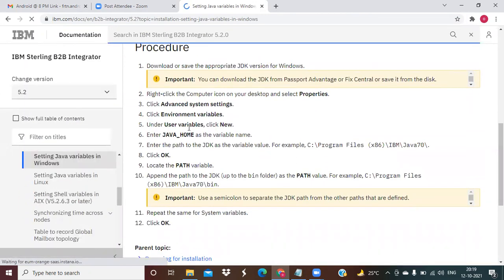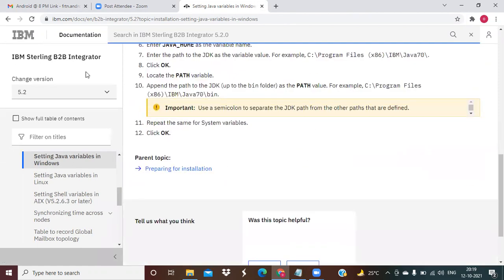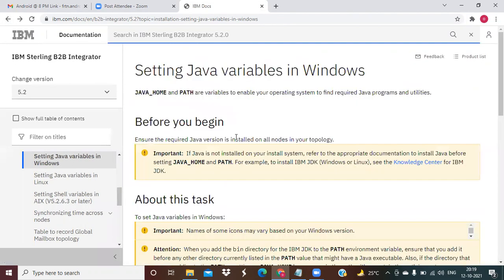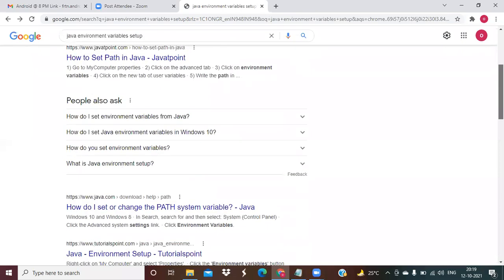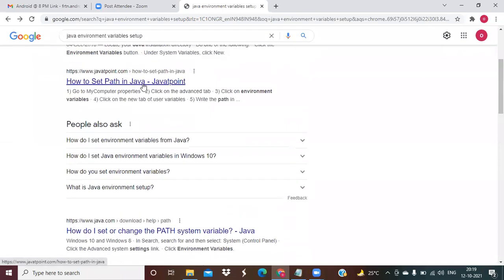See, this is the one, but this is not good actually. For JDK and JRE, they have given something different. Set path in Java.